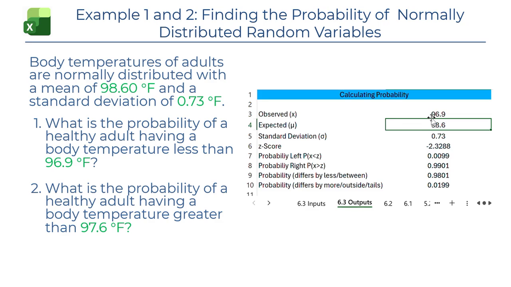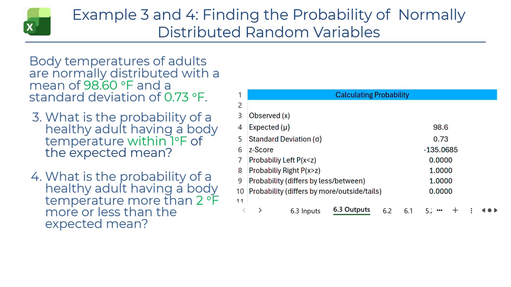That temperature of 96.9 corresponds to a standard score, or z-score, of negative 2.3288, and we want the probability that a z-score would be less than that. So that's 0.0099. For example 2, the probability of a healthy adult having a body temperature greater than 97.6 is going to change our observed value to 97.6, and we're going to be looking at greater than, so